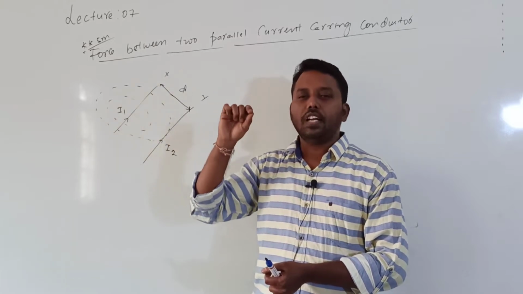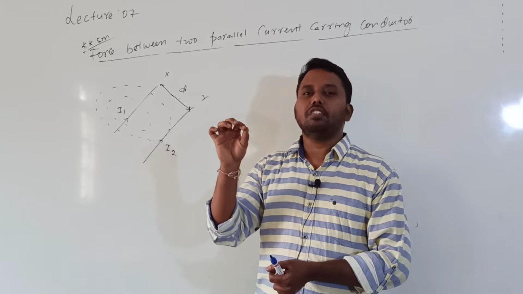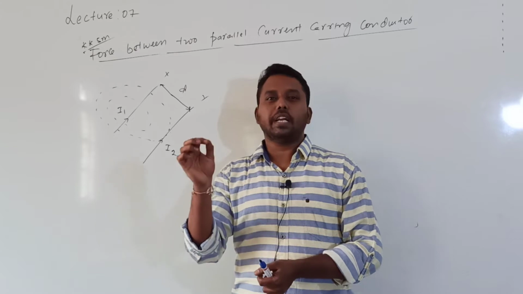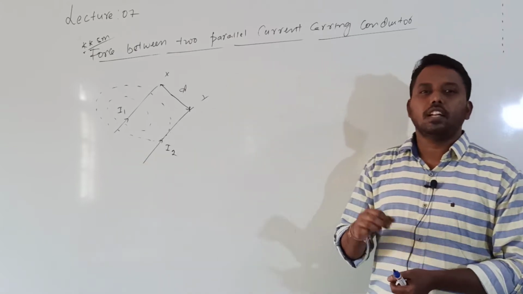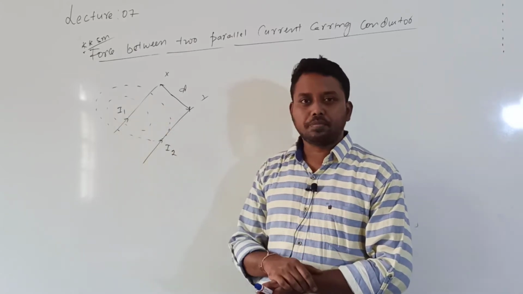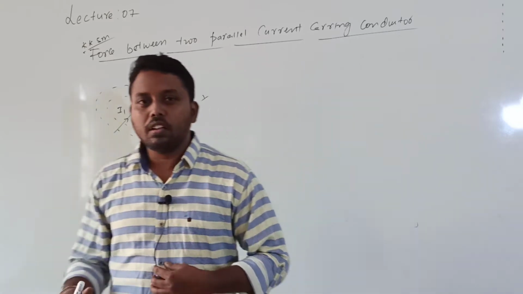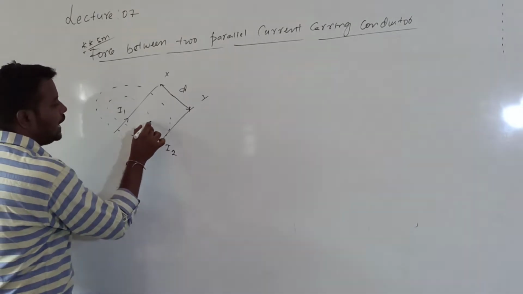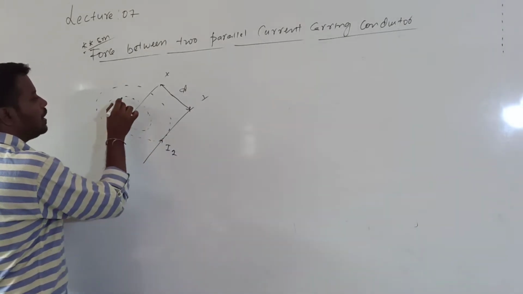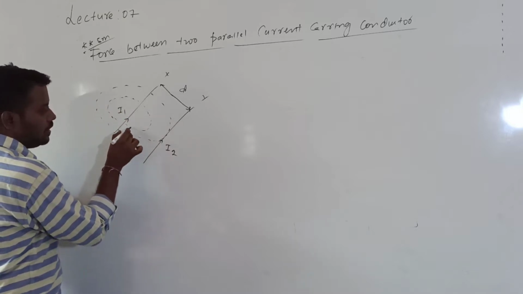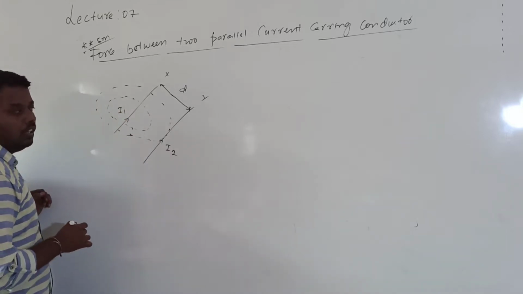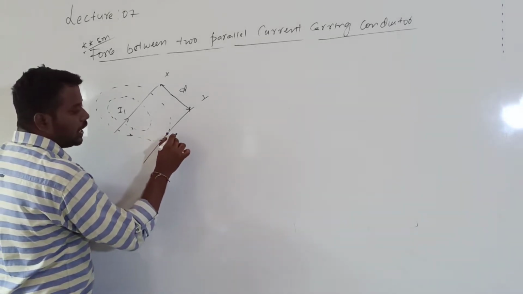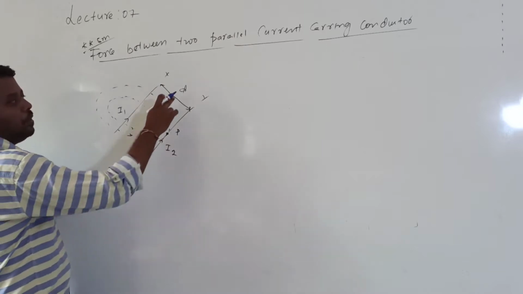When you know the magnetic field lines, if you want to calculate the magnetic field at a particular point, you need to draw a tangent. The tangent drawn to the magnetic field lines at a point will give us the direction of the magnetic field. Now first I imagined, so I have drawn concentric circles. These concentric circles indicate the magnetic field due to the current carrying conductor X. So these concentric circles are like this. Now I want to calculate the magnetic field at a point P.